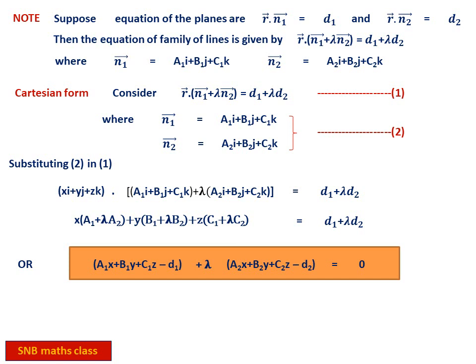This is the equation of the plane. Of course, you have to understand the concept first. See, for example, d1 and d2, even here you can take it as capital D1 and D2. That is the only difference. Normally small d we use for distance from origin to the plane. Capital D means it's not the distance from the origin, because we are taking any normal. That is the difference.